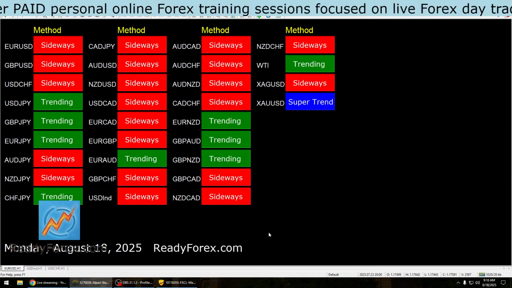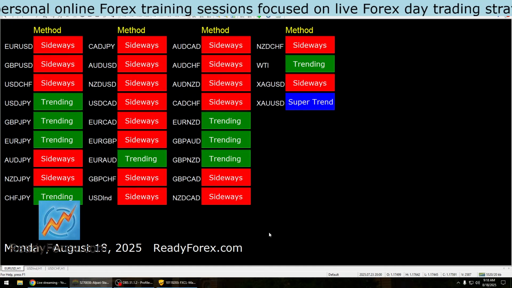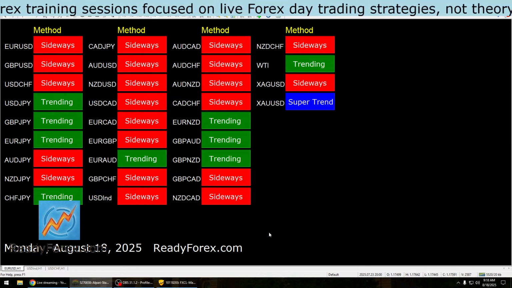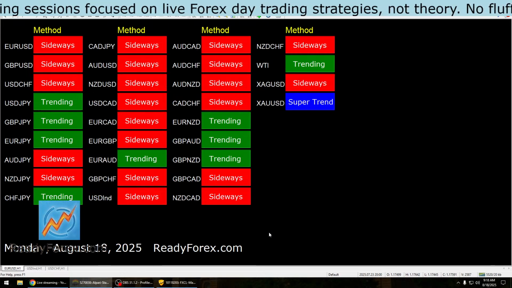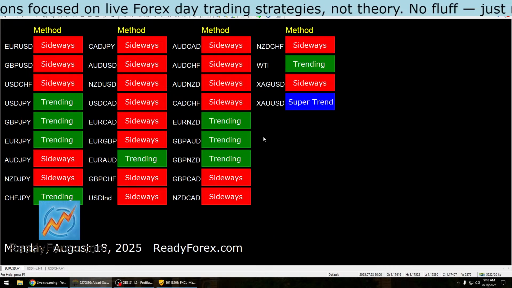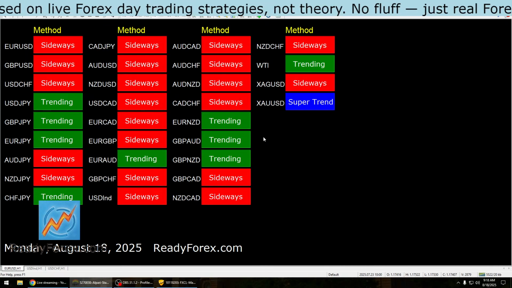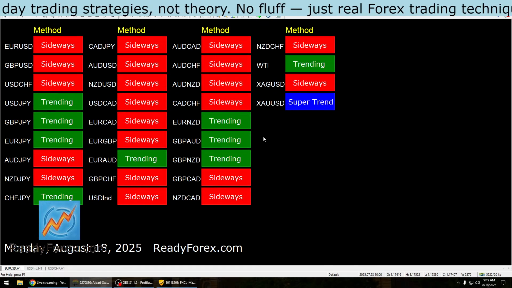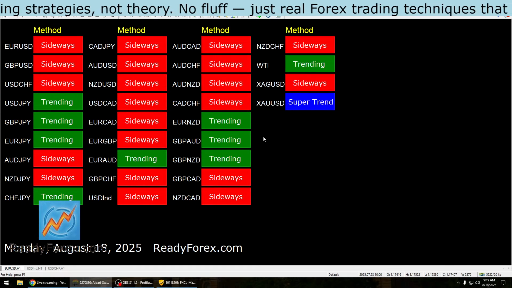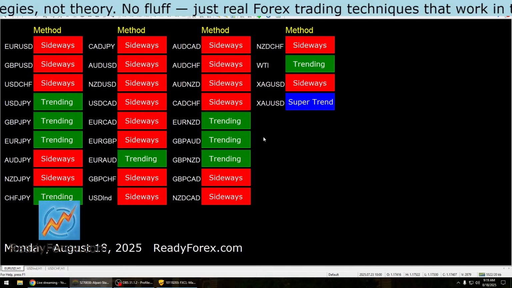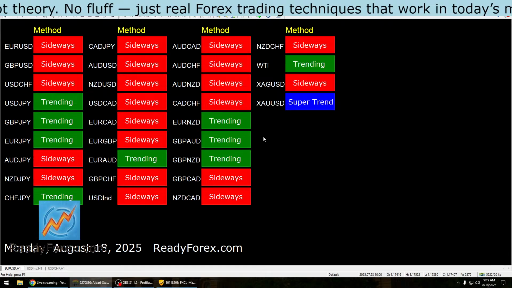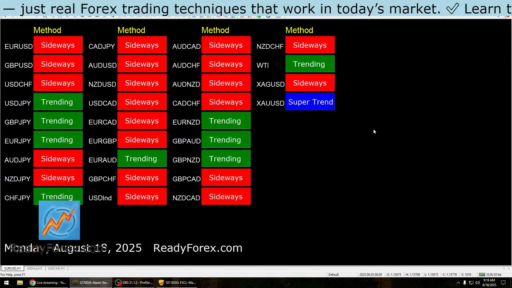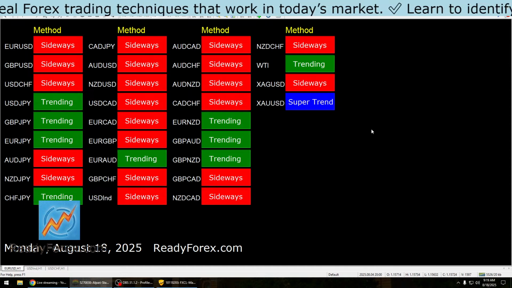Let's go over here, and it quickly tells me what the market is trying to do and which currency pairs are sideways. So you should use a sideways trading strategy. If a currency pair is in a trending mode, you should use the trend following trading strategy. Okay, so it's a very handy tool, and I use it on a daily basis to quickly get an idea what the market is trying to do, and I can easily monitor about 31 different trading instruments over here,